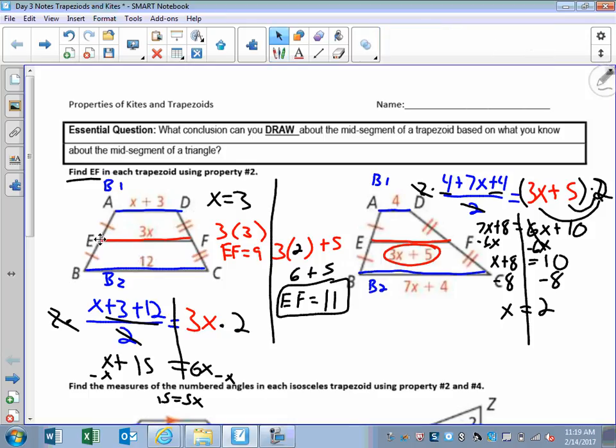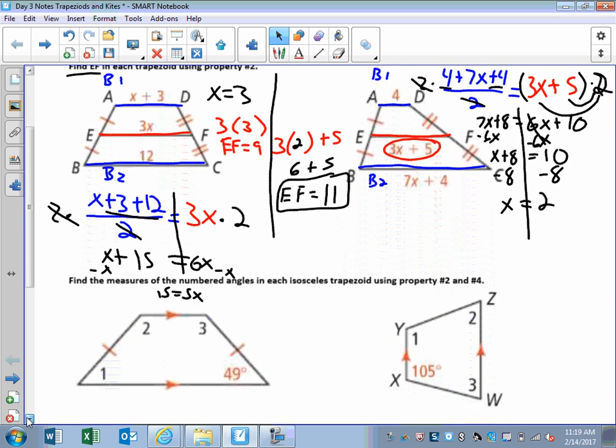So the big takeaway here is that to find the mid-segment, you have to add the bases together and divide by 2, but also make sure you read the directions to see what you're actually finding. Some of them you're going to be finding the variables, some of them you're going to be finding the length of the segments. Okay. So that's it for mid-segment. If we scroll down,